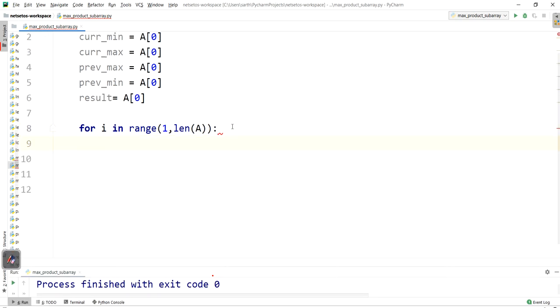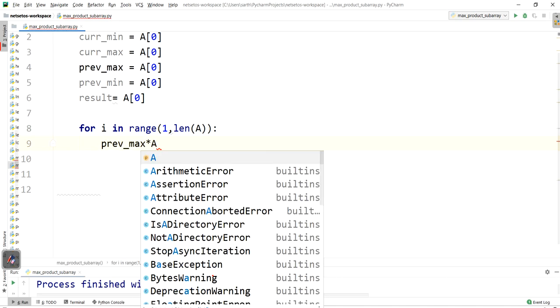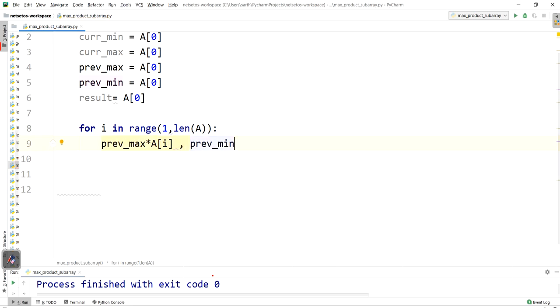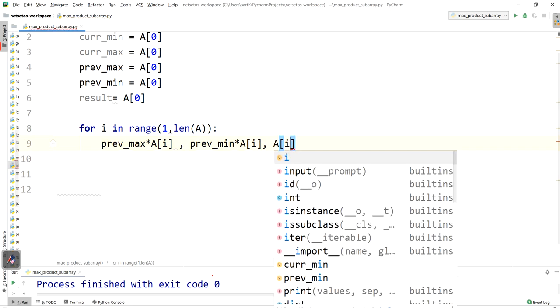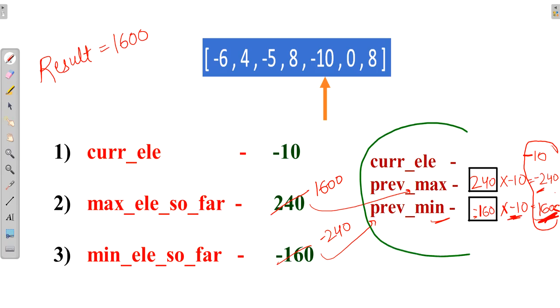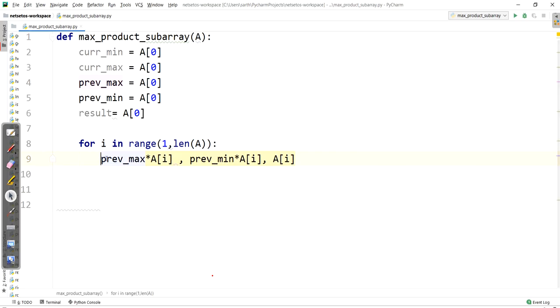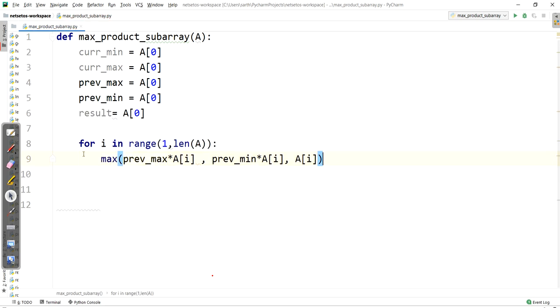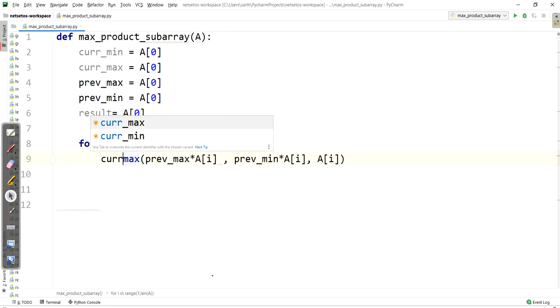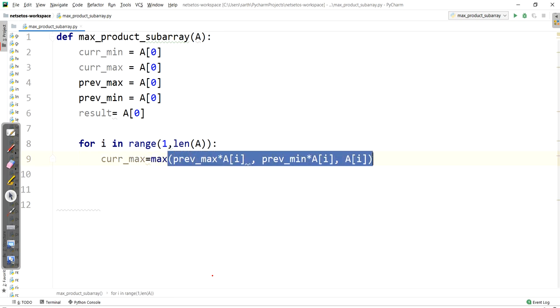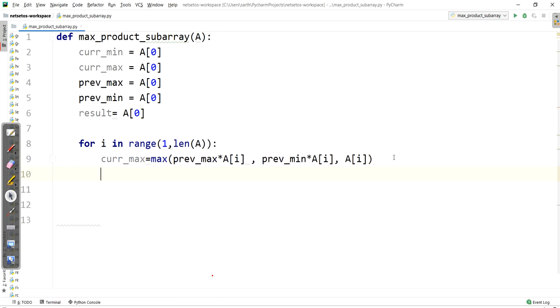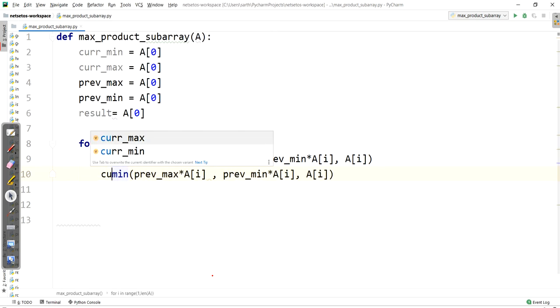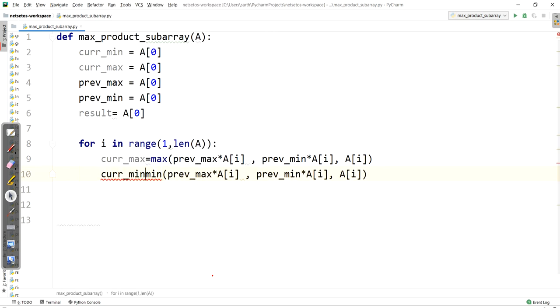Here for each iteration we will check previous max into A[i], previous min into A[i], and the current element as we did over here. And as per these three parameters, whichever value is maximum will be stored in current max, and whichever value is minimum will be stored in current min.